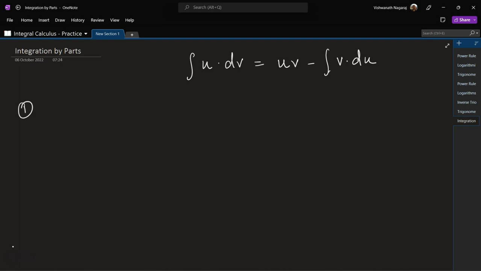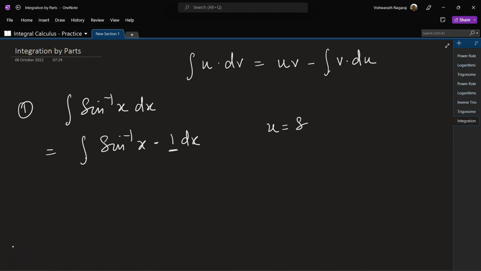So let's look at the first one. Integral of sine inverse of x dx. Now here, if you notice, we have a function sine inverse of x, but we don't have the other function. So what we'll do is we will take it as sine inverse of x times 1 dx. So this becomes the second function. So here u would be sine inverse of x,